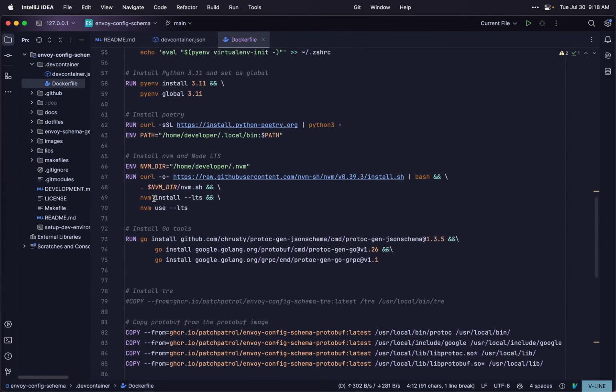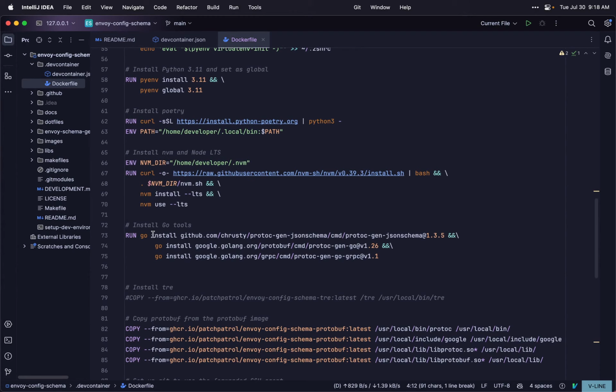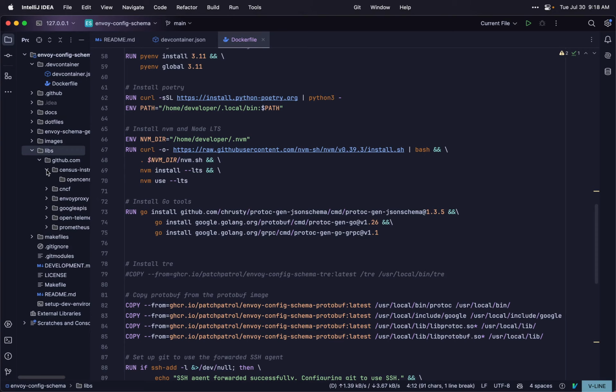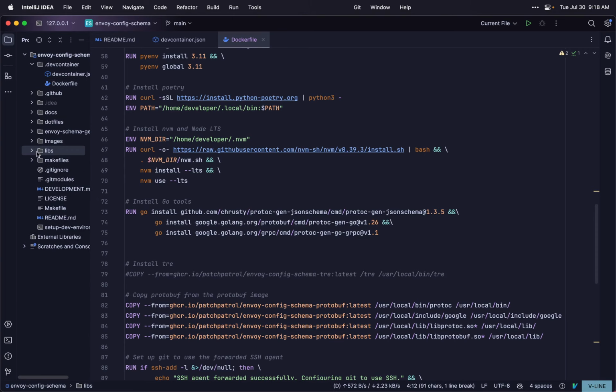And then we already had Go installed from DNF, so we go install the specific versions of Go that we need to build our protobuf JSON project, essentially, because libs gets populated with, I don't think it's populated now, is it? No, it's not. Libs gets populated with a bunch of Go projects, so we need to be able to build